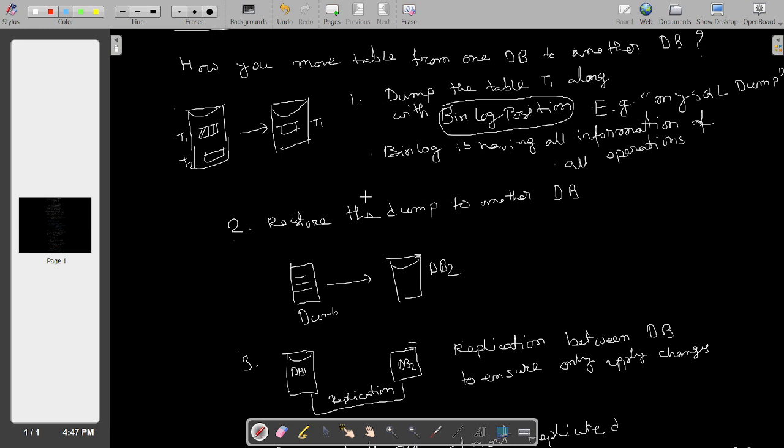The second step is, as I talked about, restoring the dump to another DB. But before that, what you have to do is upload the dump to the target DB, which I had missed.